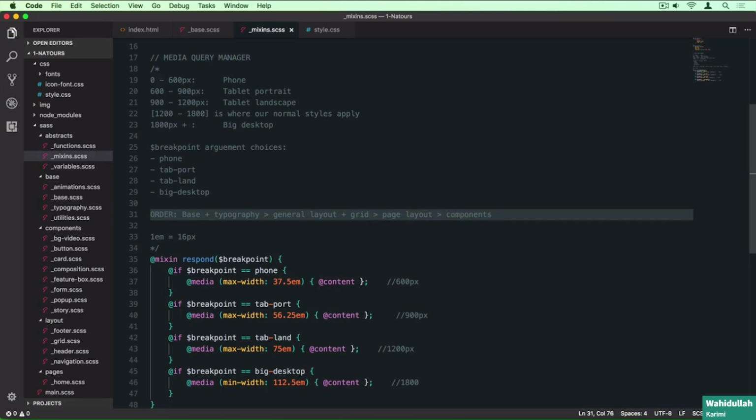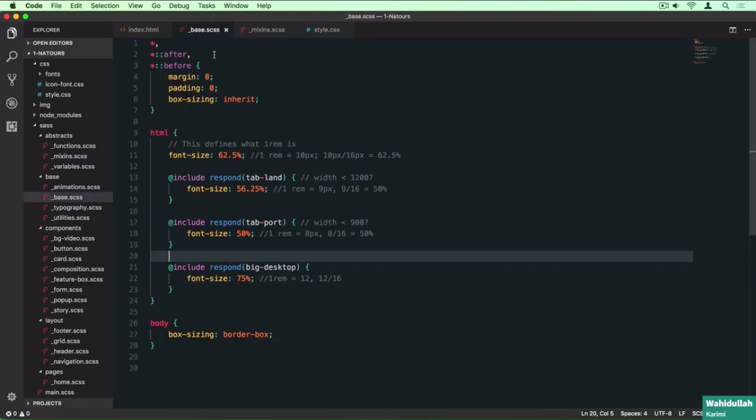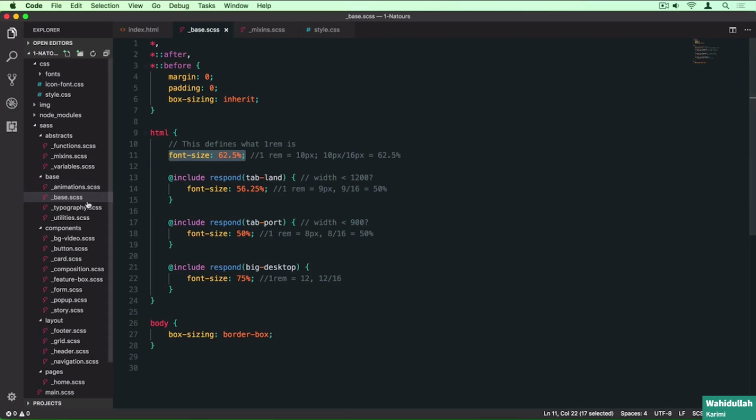And so in this lecture, we will take care of this part. We're going to change some stuff in the base, in the typography, general layout, and grid. And actually, we don't need that many changes because, once again, this overall font size here takes care of most of the changes that we want to make. And so the adjustments that we need to do are pretty minor in most of the cases. Let's fire up our typography file here